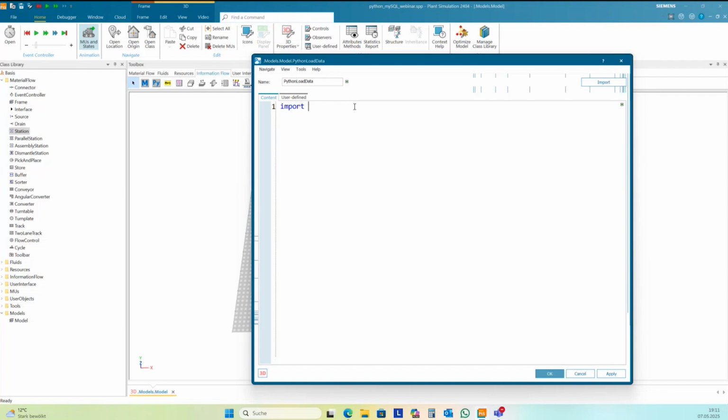The MySQL connector, the MySQL module, should be available in the basic installation already. You can find a big number of connectors for other databases that you need to install as a library.